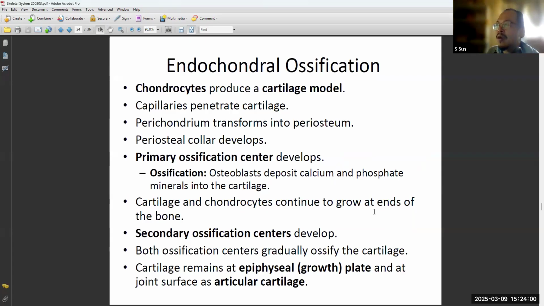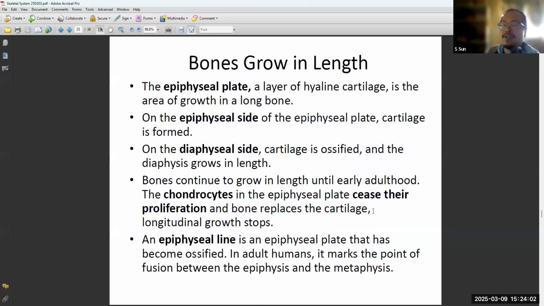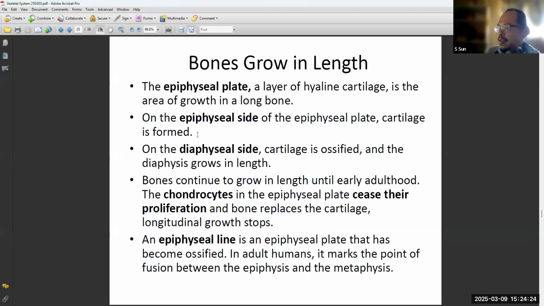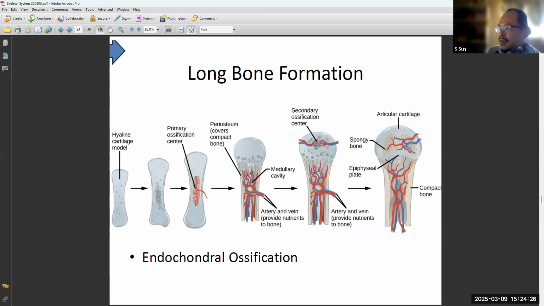how does it grow in width? The way it grows in width is by two cells. So now we don't have the chondrocytes, there's no cartilage, but how do they grow in width? The way they grow in width is by two cells. One is the osteoclast. Osteoclasts come in with the blood, and bring it into the center,